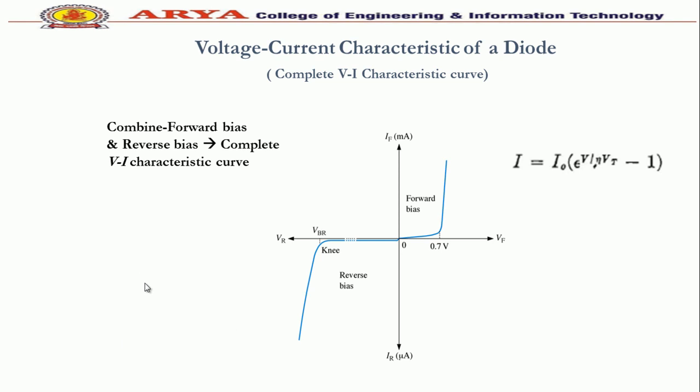Even at room temperature, some minority carriers are produced in the depletion layer. With the reverse bias, the electron moves towards the positive terminal of the battery. So at large reverse voltage, they gain enough kinetic energy to free the valence electrons from the semiconductor atom. Newly liberated electrons in turn free other valence electrons. In this way, the process leads to an avalanche or flood of charge carriers and a very low reverse resistance. So the PN junction diode conducts a very large reverse current. So the avalanche breakdown can be seen here after VBR at the large voltage that is applied in the reverse bias.